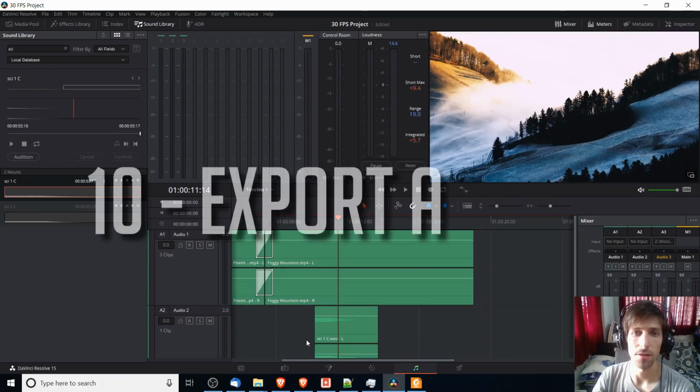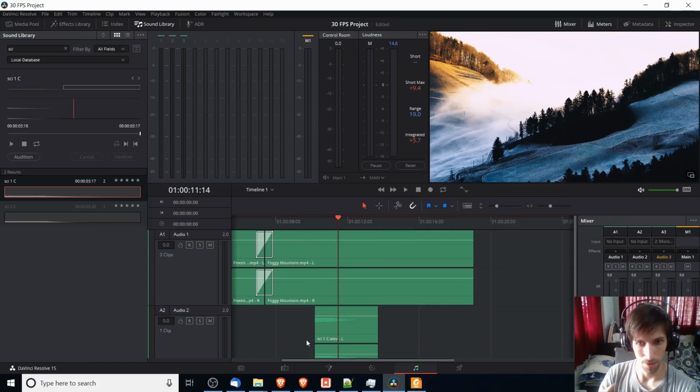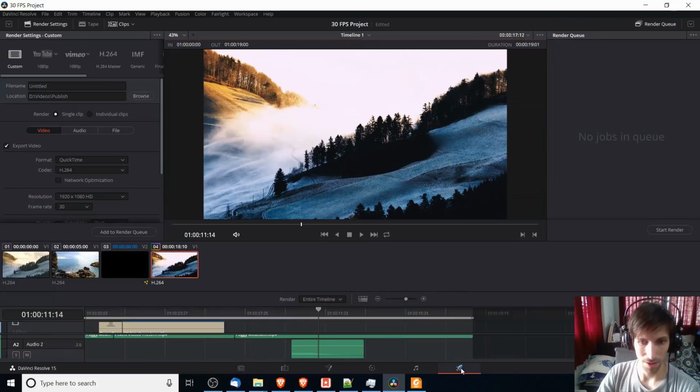So number 10, how do you export a video in DaVinci Resolve? As you might have guessed, the Deliver tab or the Exporting tab is the last one over here, because that's usually what you do when you're done with the video. If you go over to the Deliver tab, you'll see all of the settings for how to do a